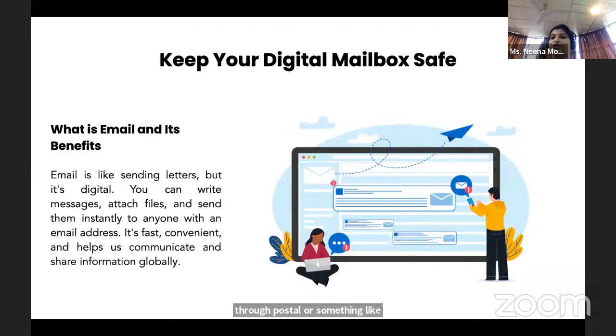I know that everybody knew this, but I'm just telling. So what is the threat involved in email? I told you that according to the study, 90% of cybercrime starts with just